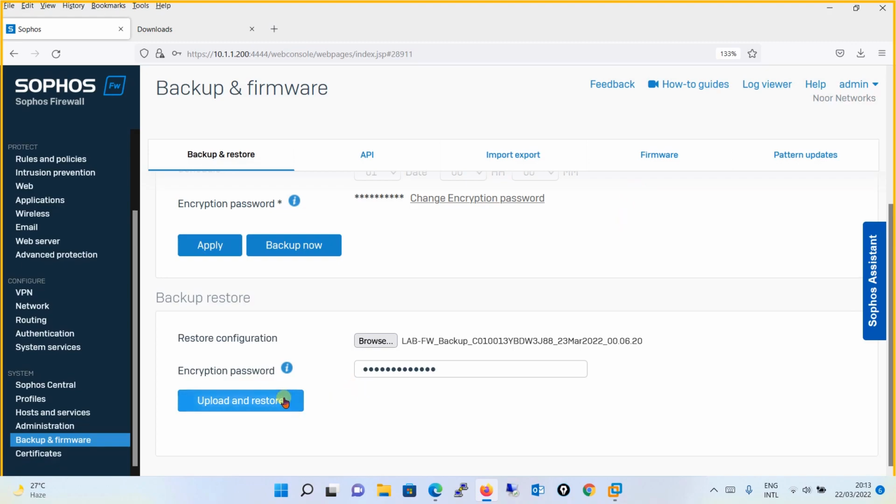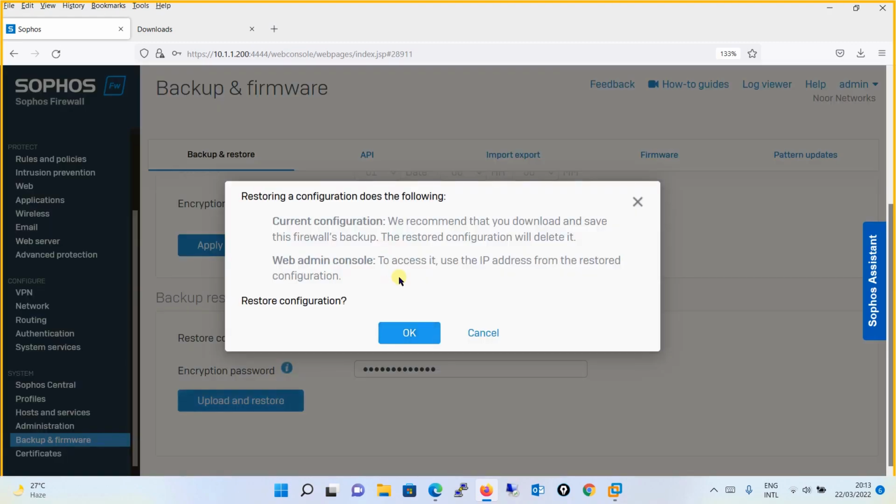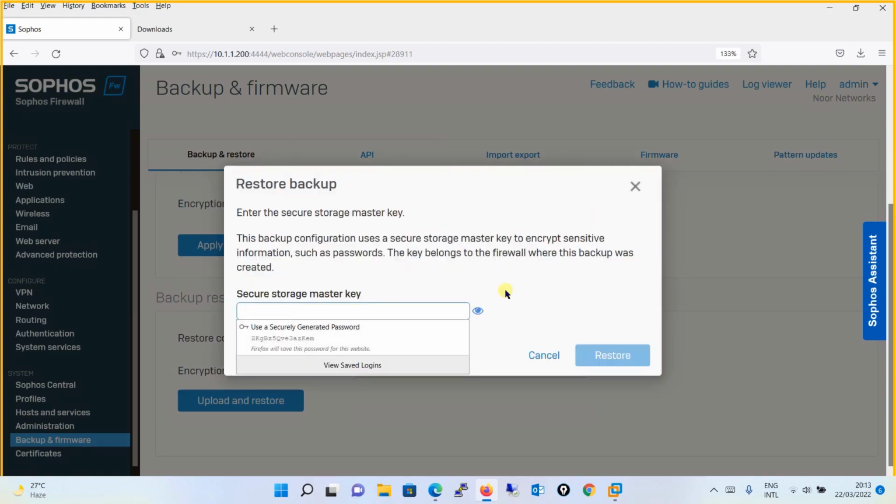Upload and restore. Okay. To access the web admin console, use the IP address from the restored configuration. So simply click on OK to restore the configuration. Now over here it is asking you for the secure storage master key. If you remember, in the beginning of this tutorial itself, we have set up this key, right? So we will give that key and you will simply click on restore,